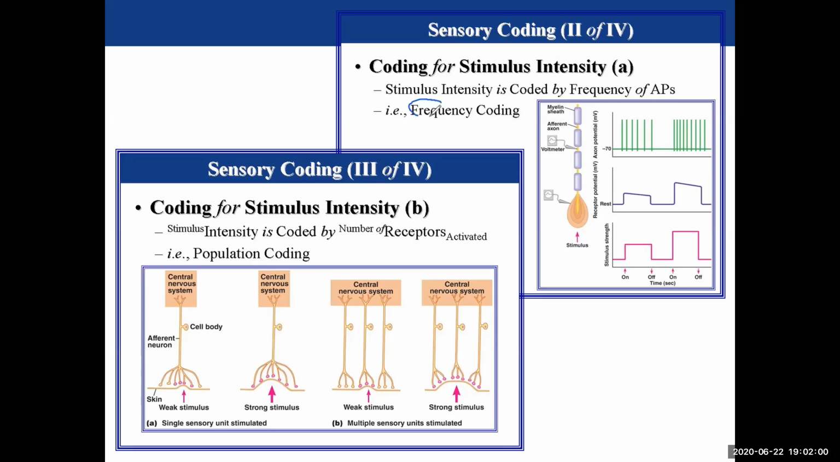This word here, for stimulus intensity. But also another way, stimulus intensity also down here, by population coding. So both frequency coding and population coding allow the brain to determine the intensity of a stimulus. So let's start with the stimulus intensity, the frequency coding, meaning the number of action potentials being fired, being generated